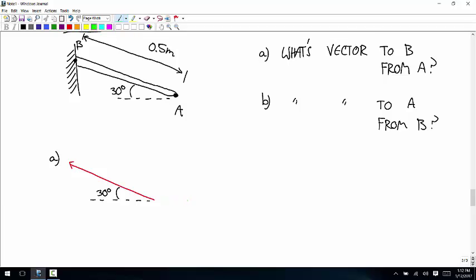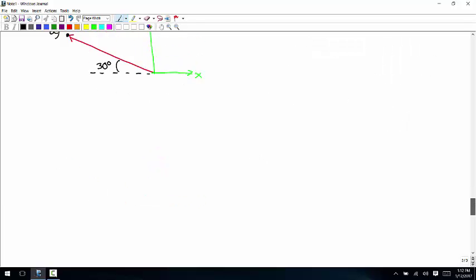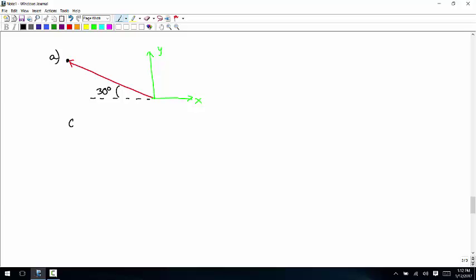So we're going to put the origin of the coordinate system at the starting point. And now we just have to calculate the coordinates of this other point. So if this length is 0.5, that vector is 0.5 times,